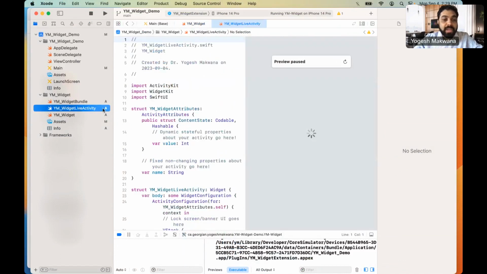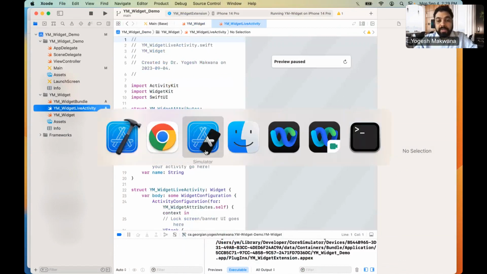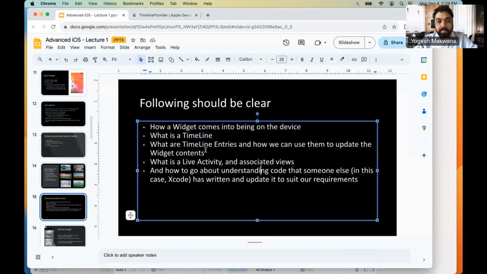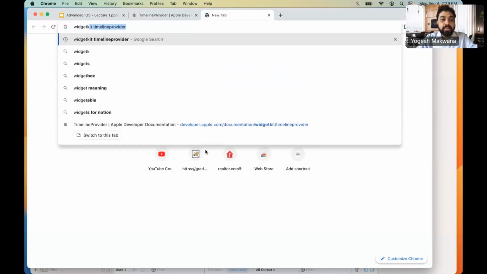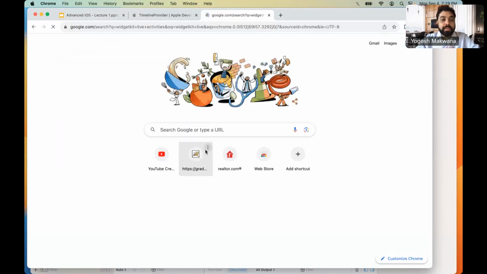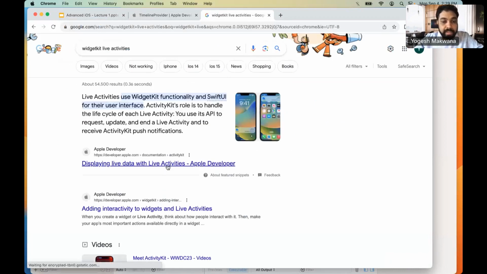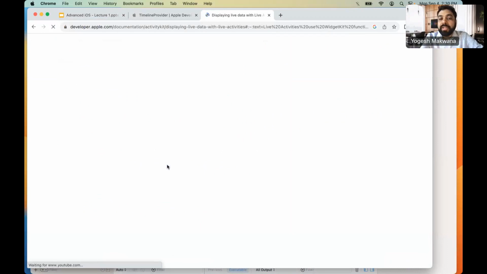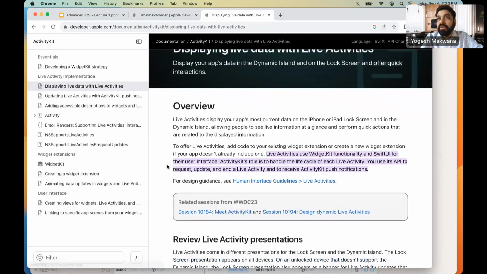YM widget live activity. Okay, while this is loading, I would like to Google that: WidgetKit live activities. Okay, displaying live data. So not always are you going to have, like that game example is actually very simple. You know what's going to happen already when you display things on the widget. But what you don't, sometimes you may not know